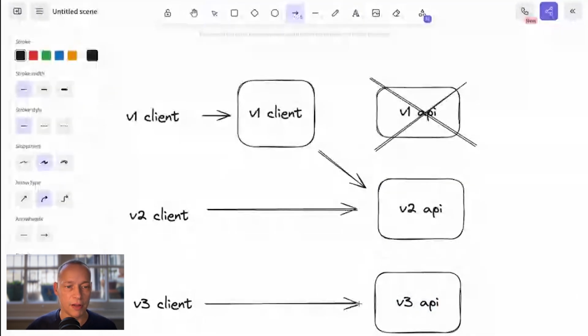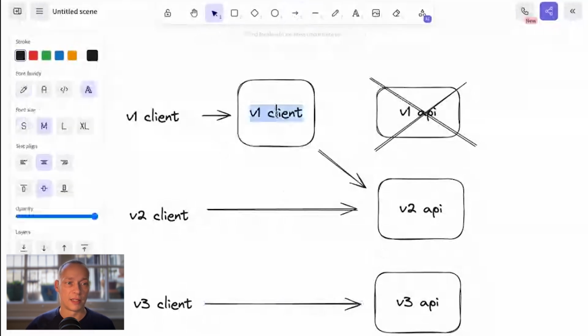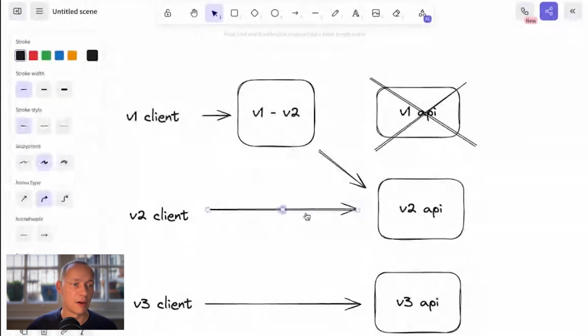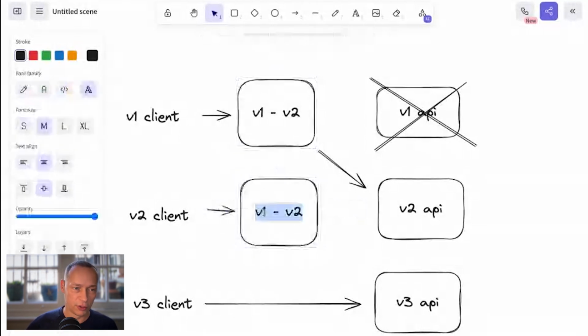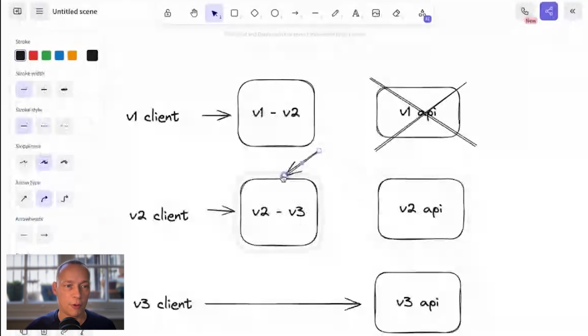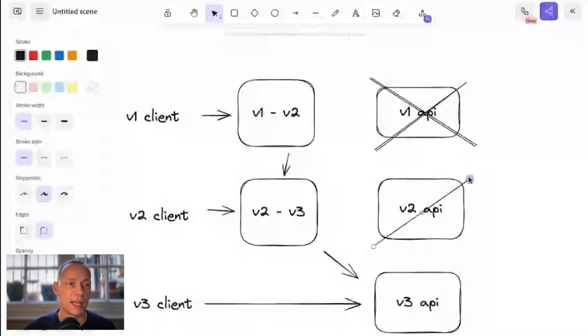And this is easy. The V3 client calls the V3 API, but now you've got a chain effect. So let's not call this V1 client. Let's call this V1 to V2 mapper. And then we're going to do the same thing here: a V2 to V3 mapper. And this now chains to this, calls this, and we're back to this beautiful world where we still only have